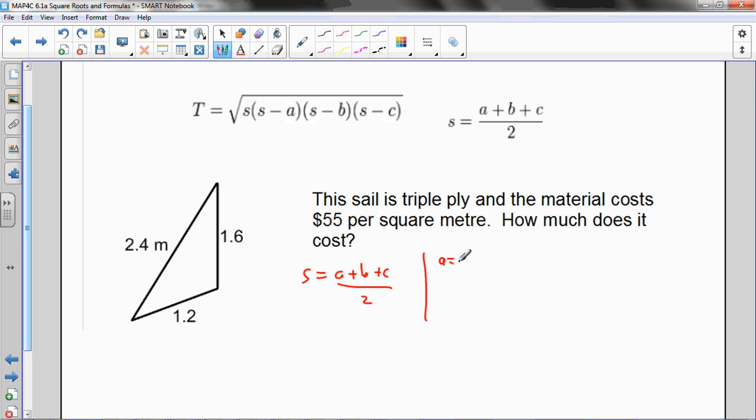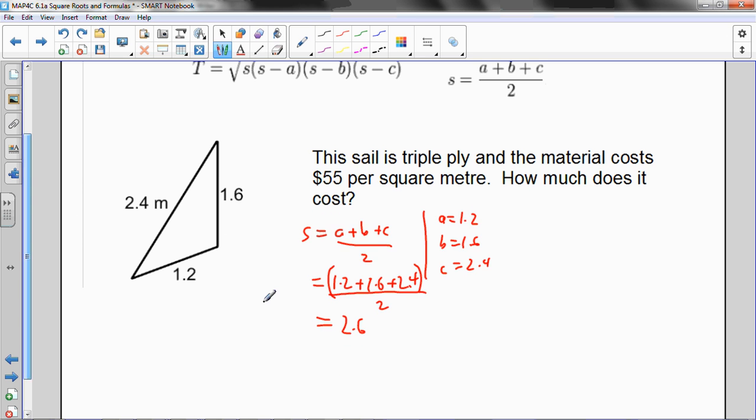A is, well, it doesn't matter the order, I guess, 1.2. B was 1.6 and C was 2.4. I put all those into this little formula, 1.6 and 2.4. Remember, you either press equals there before you divide by 2 or put that in brackets, one or the other. And then I get 2.6 there. So the S value then is 2.6. And so in my Heron's formula, long root there,